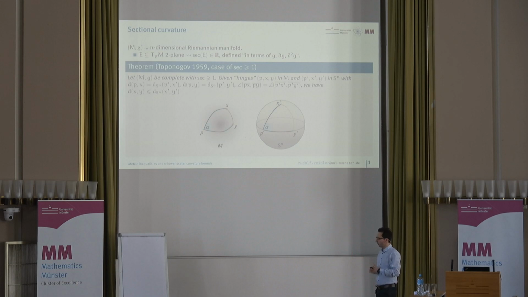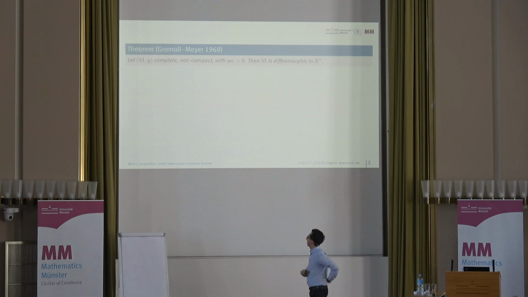And one can still say something in that situation. And that's another theorem that I want to mention, which is quite classical, which is stating that if we are in a complete non-compact manifold with positive sectional curvature, then M is already diffeomorphic to the Euclidean space, but not isometric, not necessarily. So this is a theorem due to Gromov and Meyer, and it's a precursor to the so-called